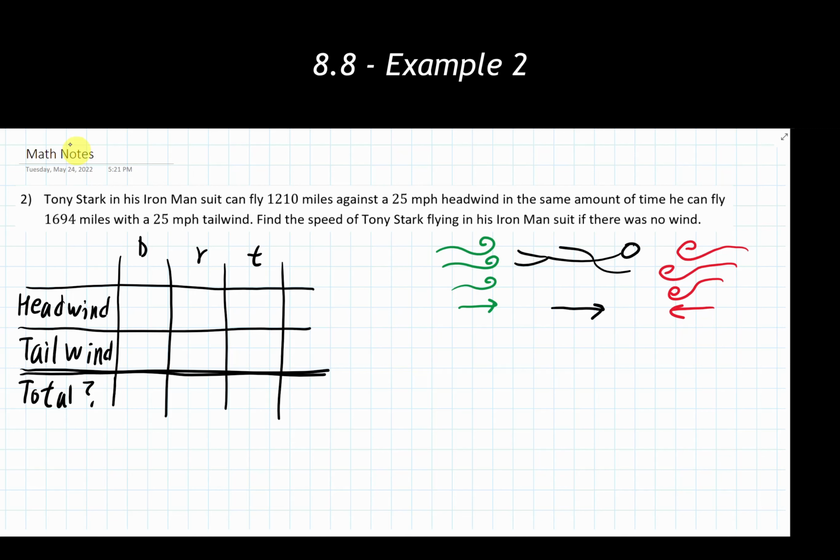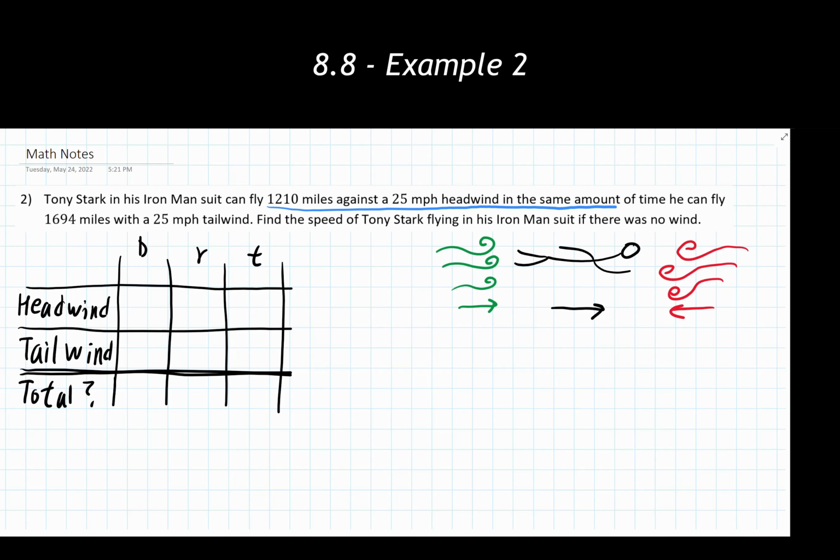So now we can start filling some things in accordingly based on the information that's been given to us. So first and foremost, we want to fill in these main 6 parts of our table here. So what are we working with? We're told he can fly some amount of speed or some amount of distance.